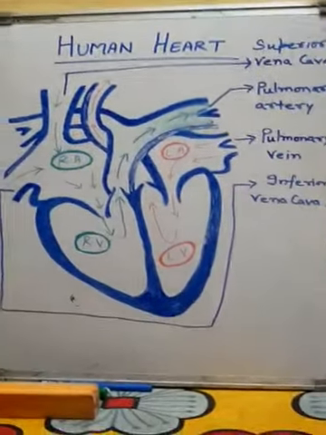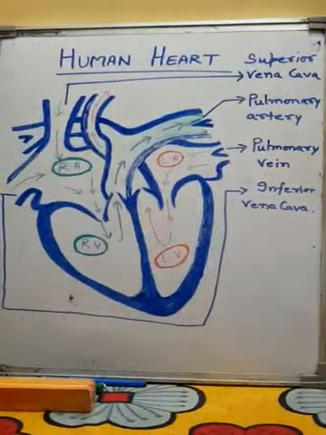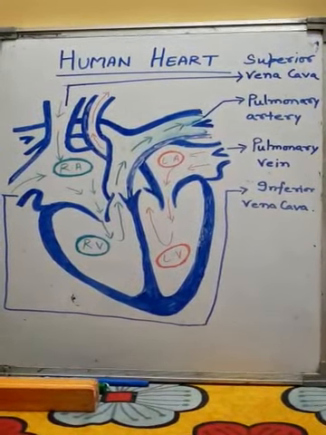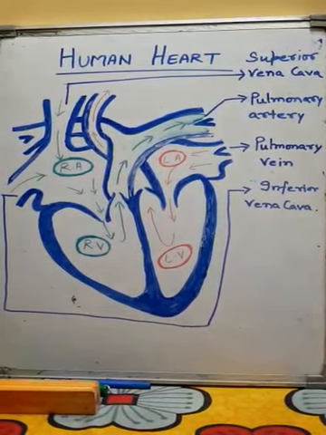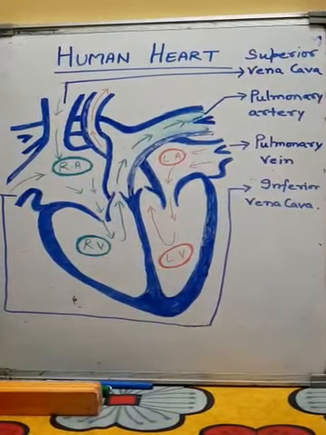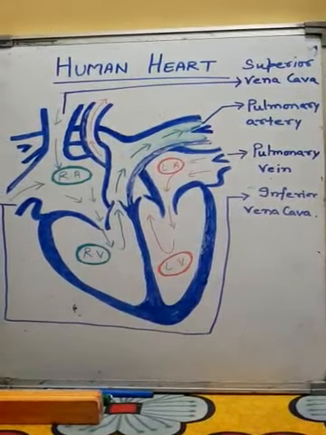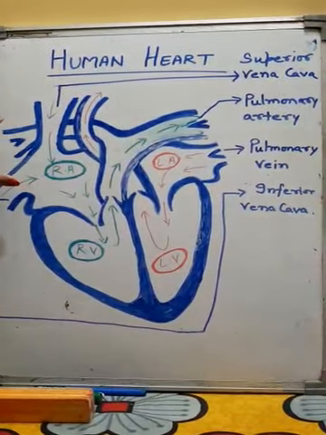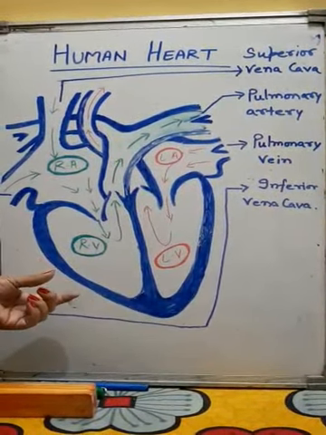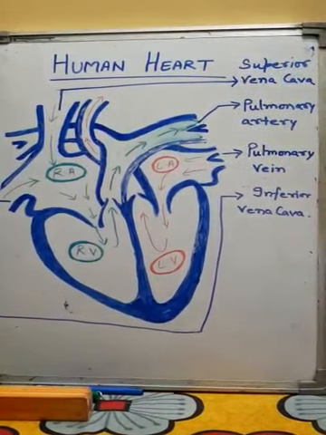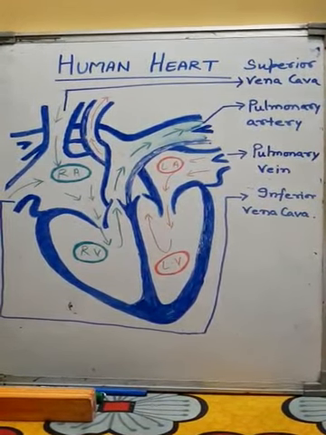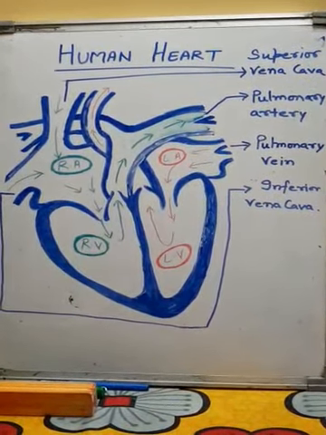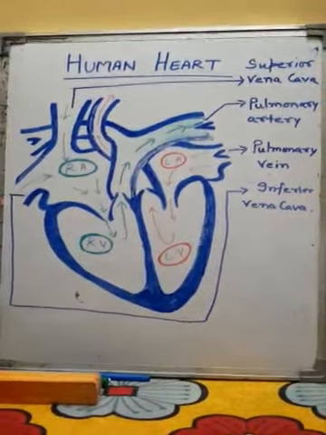Human heart is a conical, muscular, double pump structure that brings about circulation of blood in the body. The pumping action maintains a continuous and steady flow of blood inside the body. Human heart is broader at the upper part and narrow and pointed at the lower part. It weighs about 300 grams in human males and about 250 grams in females. The size of the human heart is about that of our closed fist.